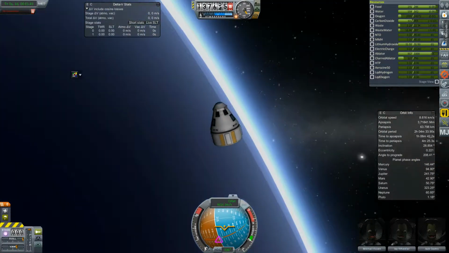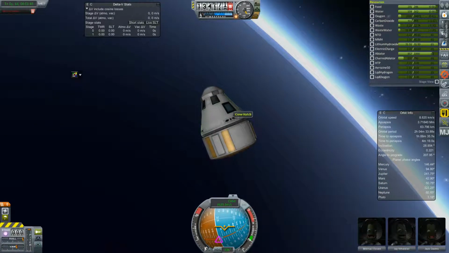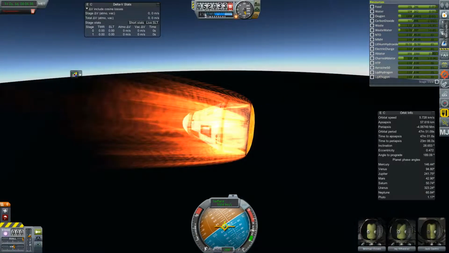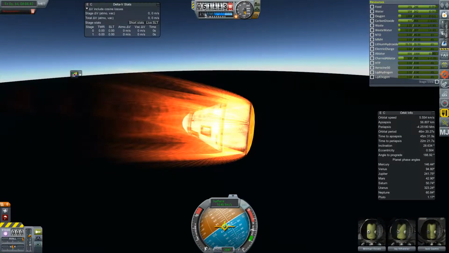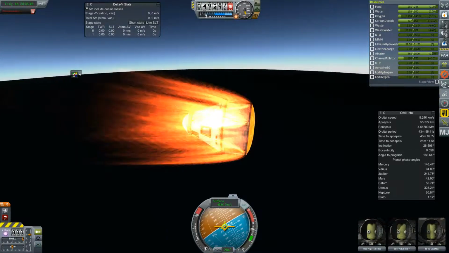We are going for our second re-entry run right now. We have no control over anything in the spacecraft. We have no electric charge still, of course. Not at all. You can see the G-forces starting to climb. Up to 5 G-forces now. Or 5 Gs, not G-forces. Let's see how high the Gs will go before...